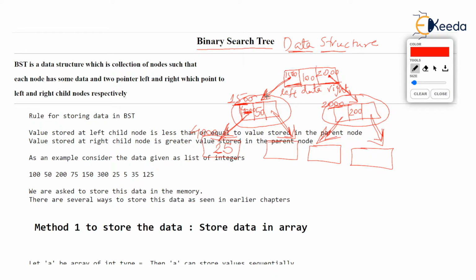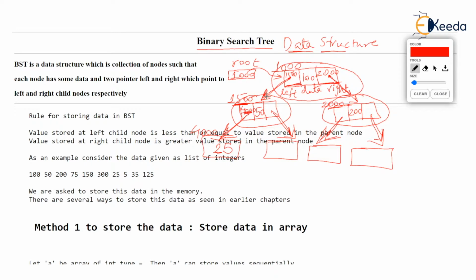I hope you're understanding. And the biggest crux of this entire topic is that we have not stored the address of 100 anywhere. The address of the topmost node, we have not stored it anywhere. So there is one special pointer called root, which always stores the address of the topmost node. Now let's say the topmost node is at address 1000, the base address is 1000, then root will literally store 1000 and it will always point to this topmost node.